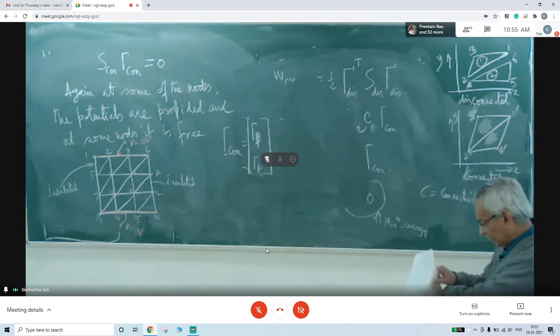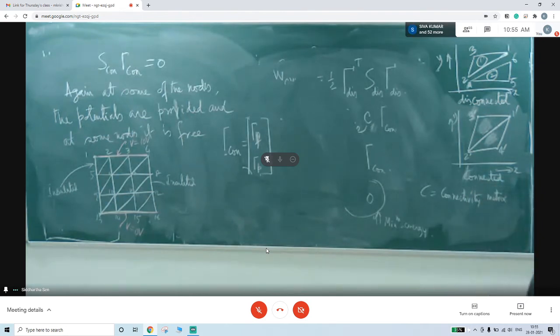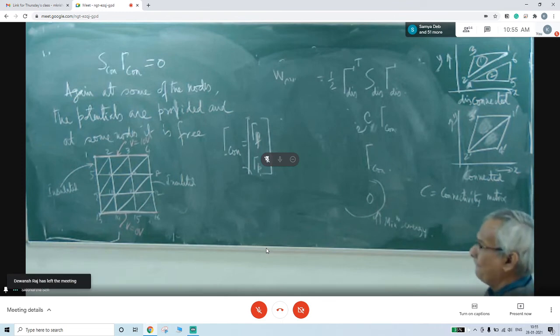So I think I cannot go further, time is up. Next day we will conclude this part and work out one example, and then we'll stop the finite element method. Any question up to this? Quick questions? You can see Hayt's book, it is given nicely, finite element method. Ida's book is also nicely given there. Any question?